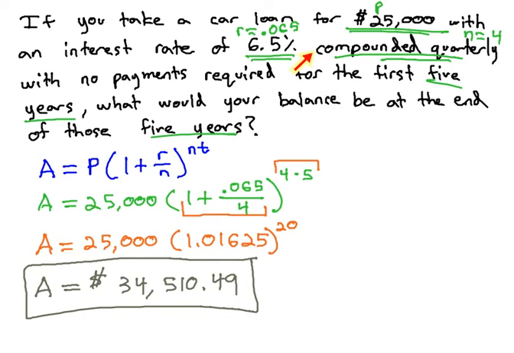When we see compound interest, if we know the number of compounds, compounded quarterly 4 times a year, we use the formula A equals P times 1 plus R over N to the NT. Plug in what we know. I suggest, for the sake of avoiding errors on the calculator, do the parentheses and the exponents in separate